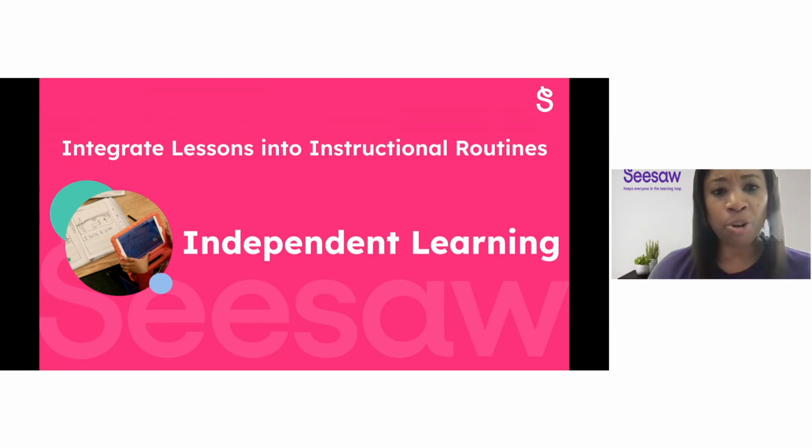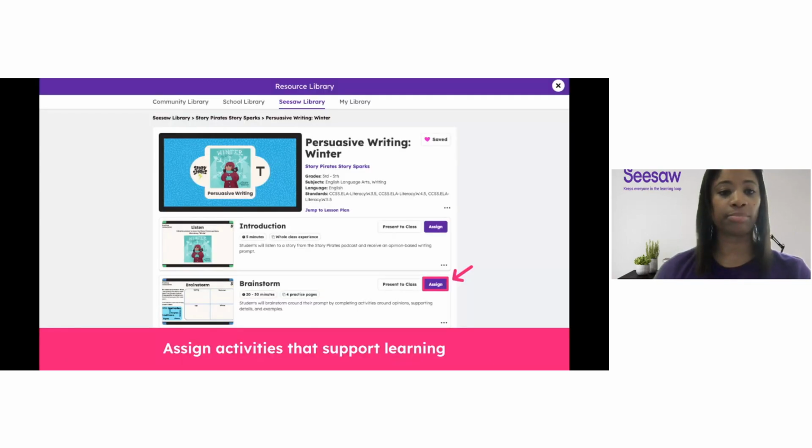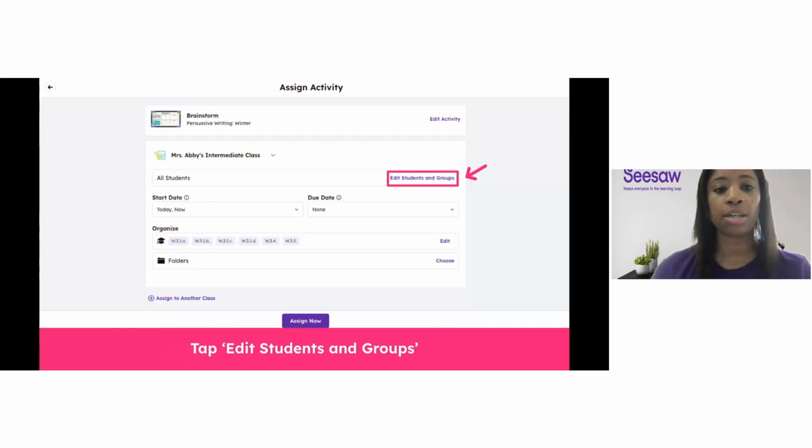Lastly, let's explore how teachers use Seesaw to meet students where they are using multidimensional activities for independent learning. So once you've modeled a skill whole group, you can easily meet the needs of all of the students in your class by assigning an activity to students, to groups of students, or individual students. Seesaw makes it really easy to differentiate